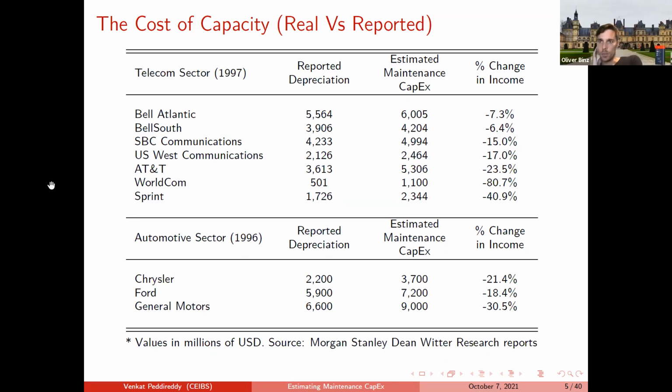Yeah, sure. I just had a quick clarification question. First of all, nice paper, Venkat. Thanks for presenting. The slide you initially had where you compare depreciation to maintenance capex. I was just wondering whether they're really the same thing here, whether they really try to capture the same economic